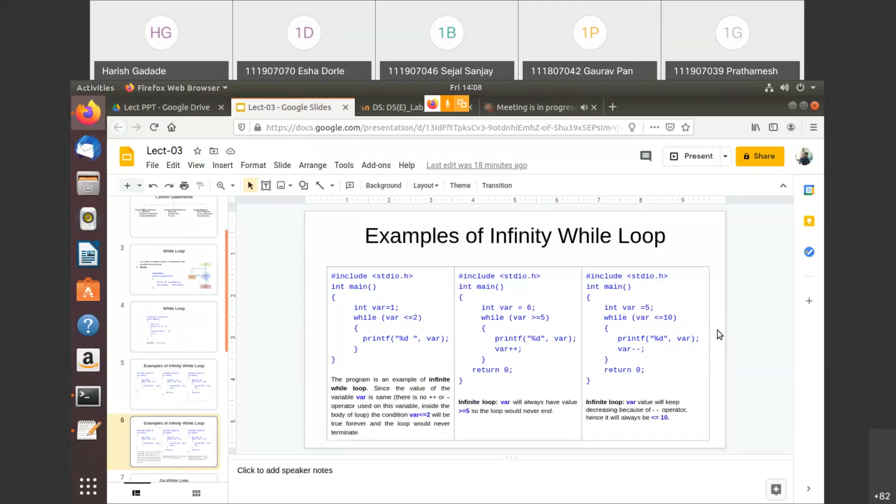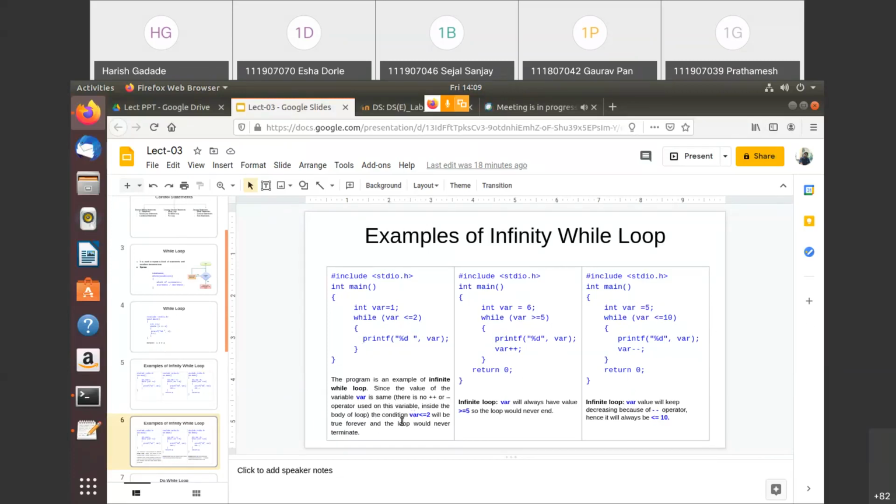This is where I wrote the reasons why these enter into an infinite loop. For the first example I have written this, for the second this, and for the third this one. As I explained already, this program is an example of an infinite while loop, since the value of the variable var is the same, there is no increment or decrement, no plus plus or minus minus operator used on this variable inside the body of the loop.